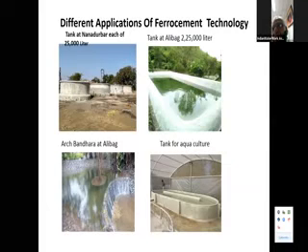On the right hand side, this is with the ferrocement technology. We have constructed something just like a pond lining. You can have this ferrocement lining. And for a tank below ground, you don't need steel. You have to excavate as per the angle of repose. Over that, you have to keep knitted chicken mesh and welded mesh. And over that, you have to go for only plastering. Then the tank gets completed.